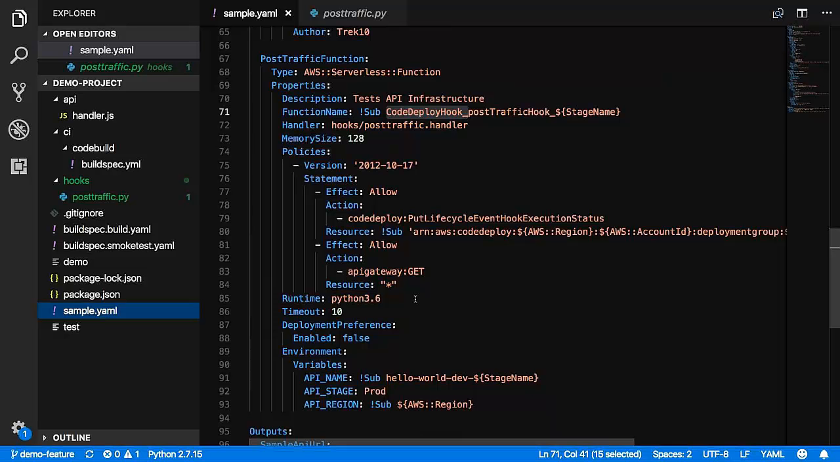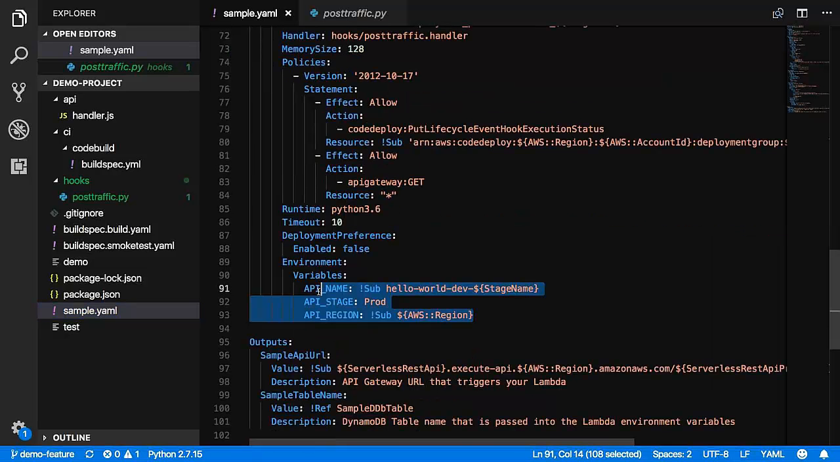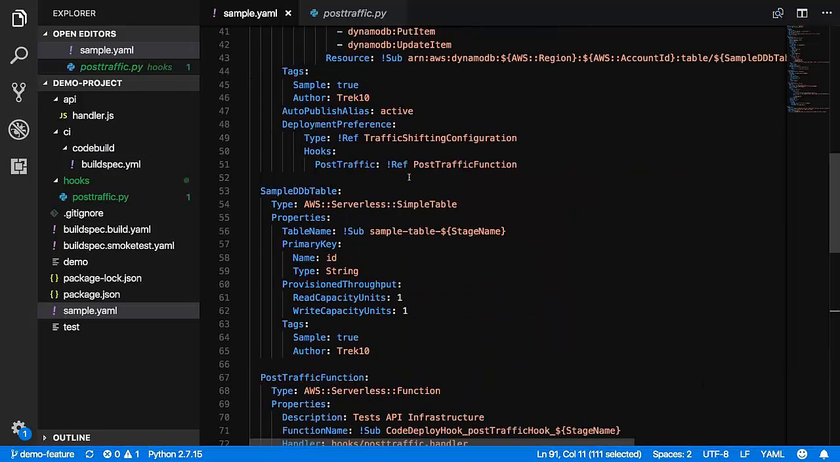It's got a couple of environment variables that help it to do that, so it can reference other pieces of data that are right here in the same template with the app. All right, so that is what the CodeDeploy traffic shifting looks like from the code perspective. If we go back now to our